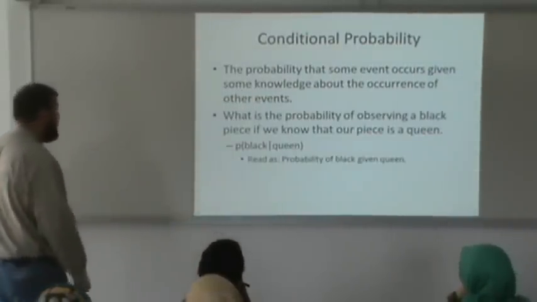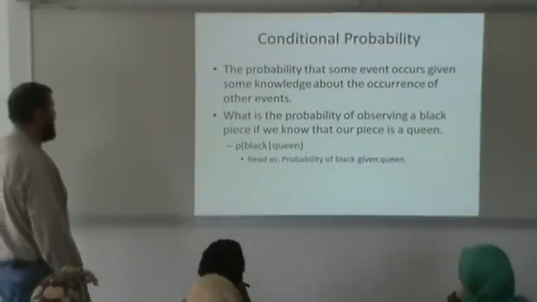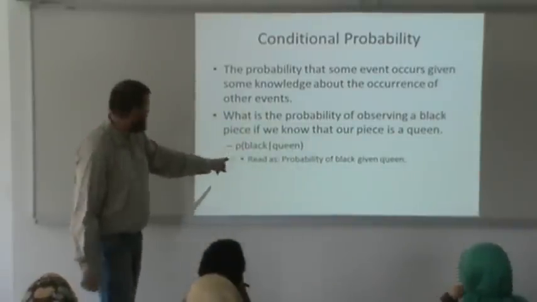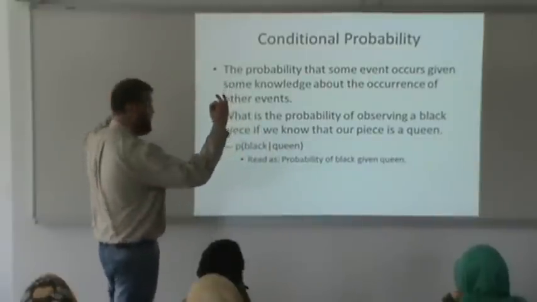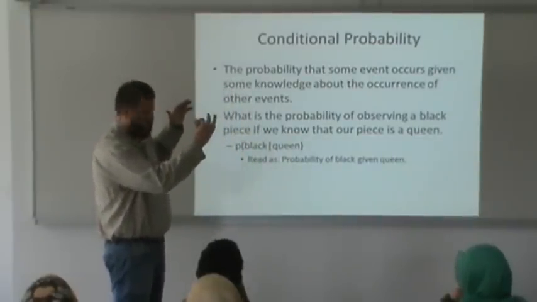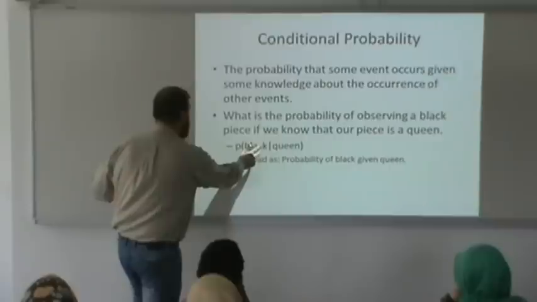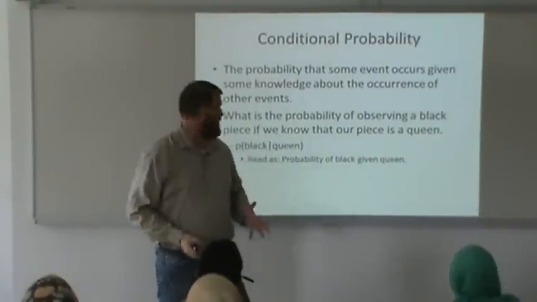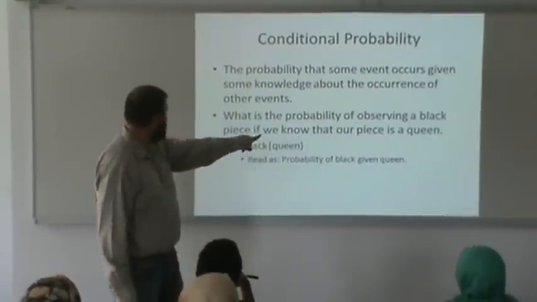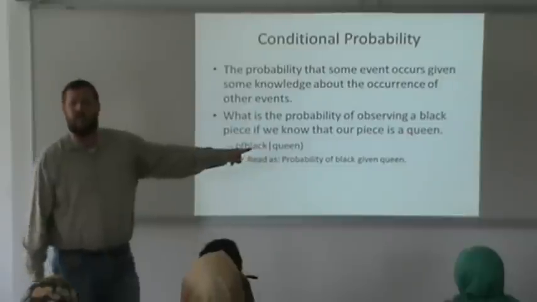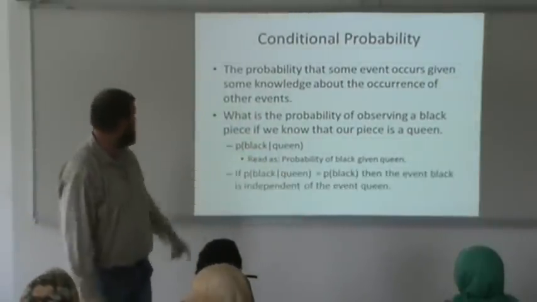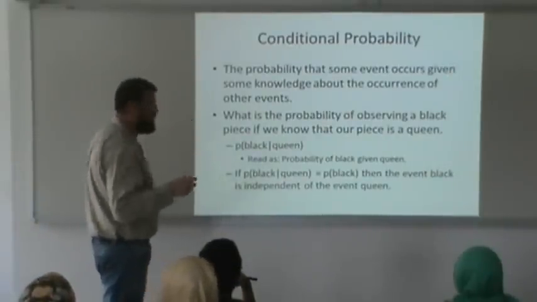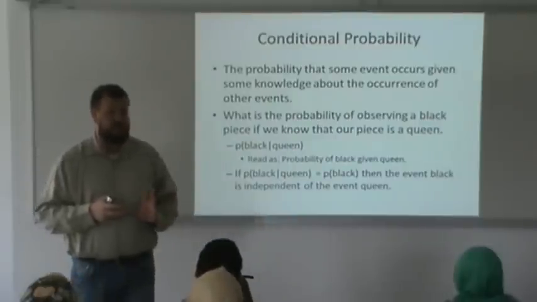Alright. So what's the probability of observing a black piece if we know that our piece is a queen? If we want to represent conditional probability, we set it up like this. So P, parentheses, the thing that we're interested in the probability of, this bar means given, and some information. So read this as the probability of observing black given that the piece is a queen. If the probability of observing black, given that the piece is a queen, is the same thing as the probability of observing black,